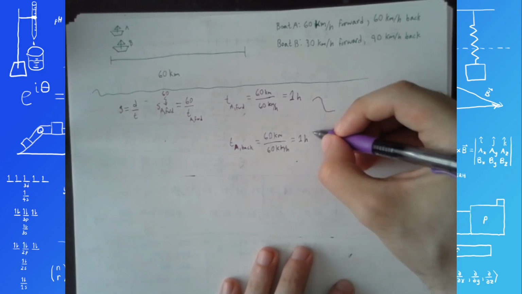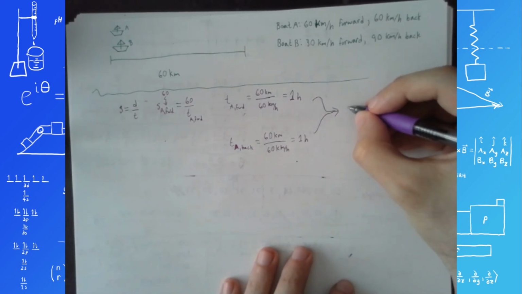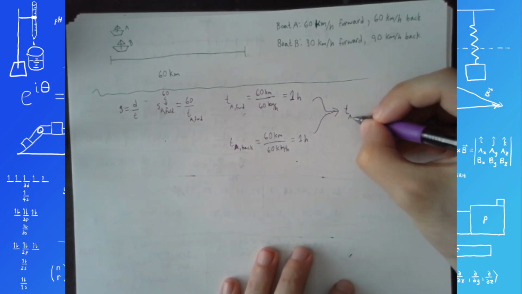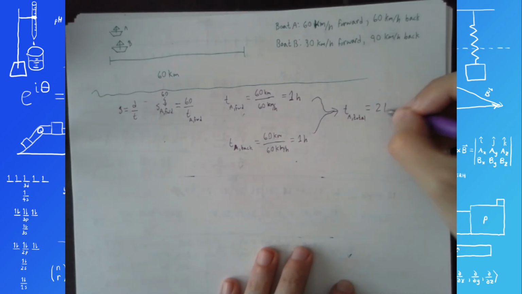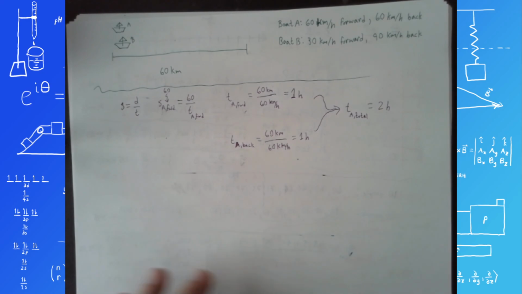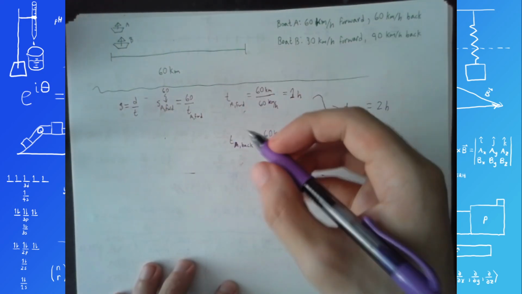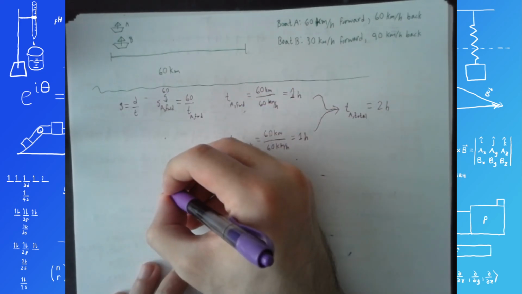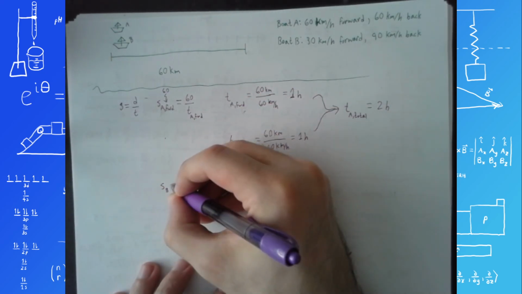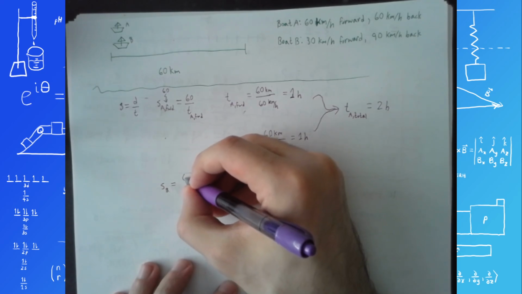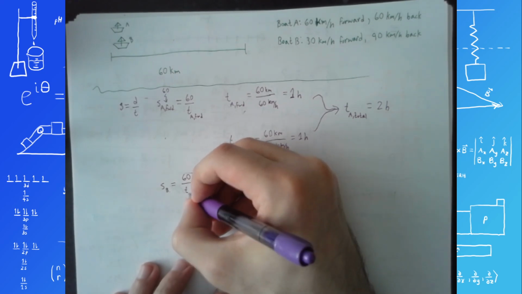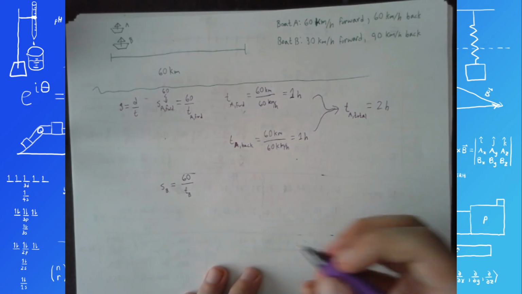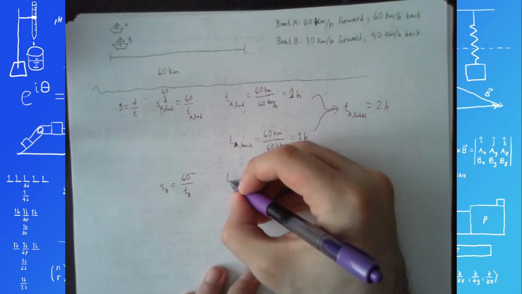Anyway, total time for the whole round trip, TA total, 2 hours. Okay, do a similar calculation for B. So speed of B, whether it's forward or backwards, is equal to the distance, which is going to be 60 kilometers, divided by the time. So we can do TB